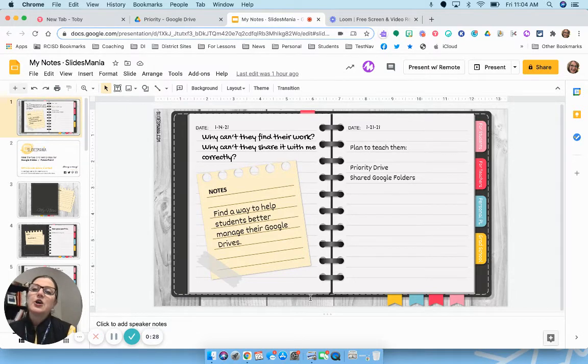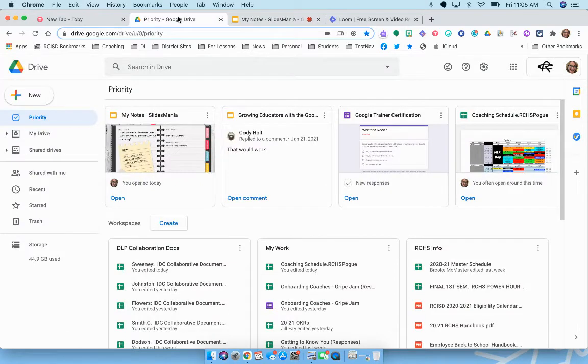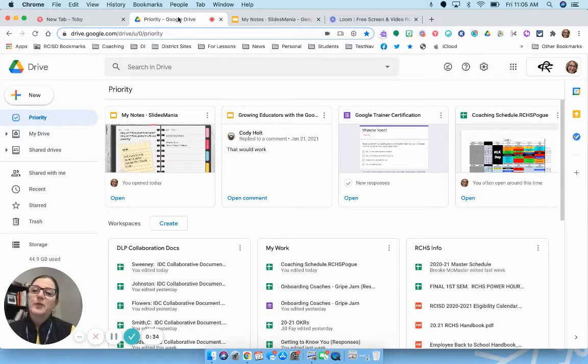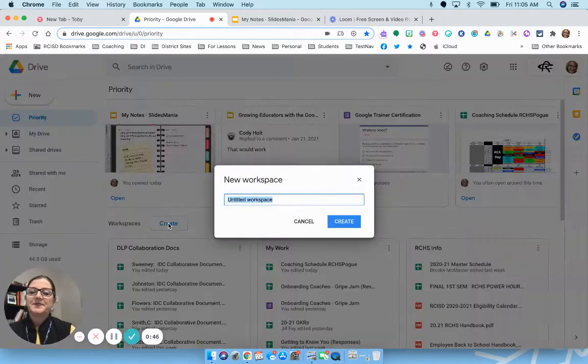So today we're going to talk about Priority Drive. With Priority Drive or Priority Workspace, you can teach your students to create a workspace for each of their classes. It's very simple. You click on Priority, which is right under the New, click Create, and I would recommend that they put their class period in front of it. So let's say first period is English 1. That way they'll be in order